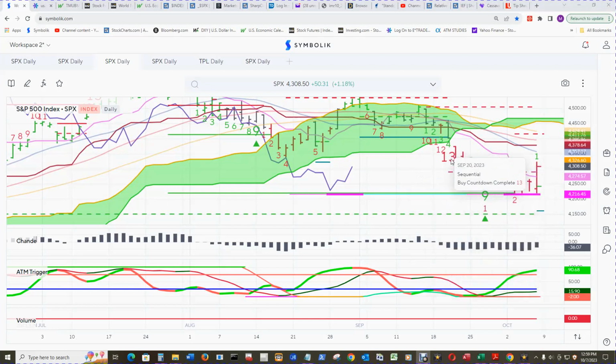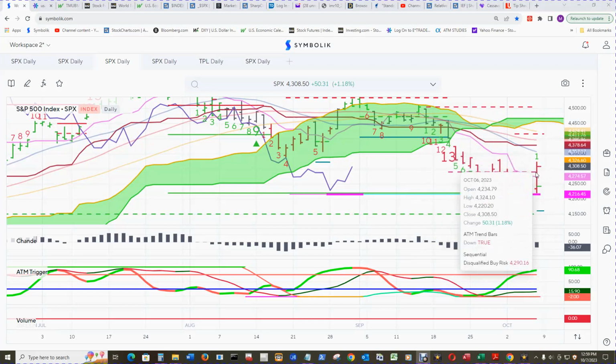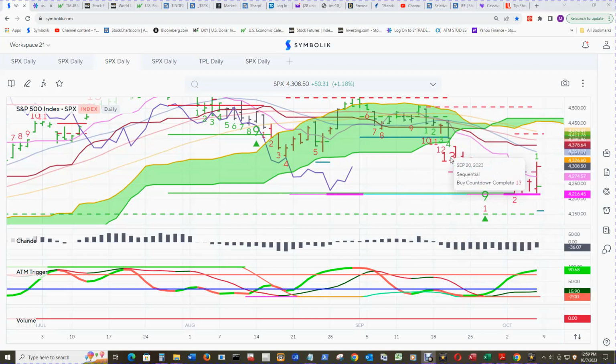So that was actually supposed to go up, and it didn't. So no more upside potential associated with that, and we're about to have some more upside, and it won't be because of this level here, this buy countdown 13 completion,